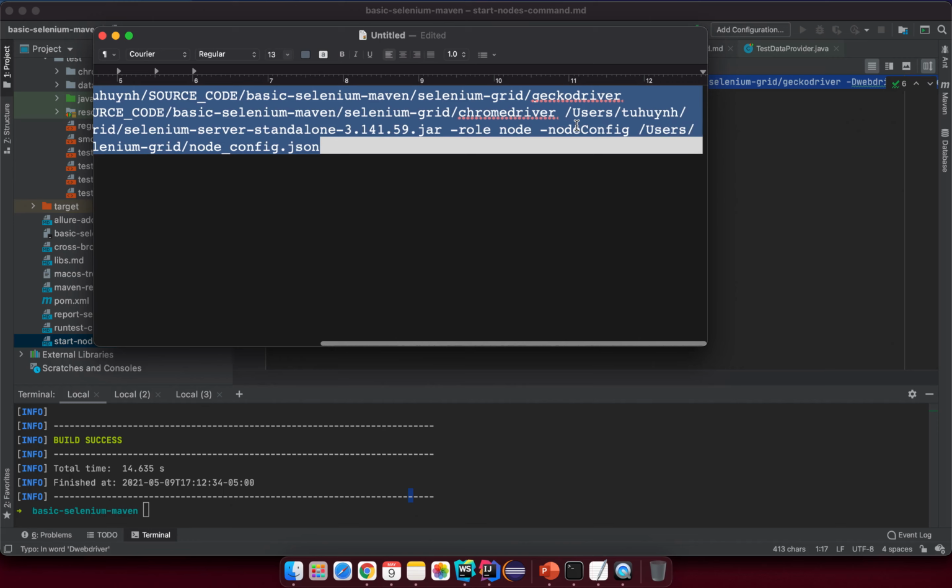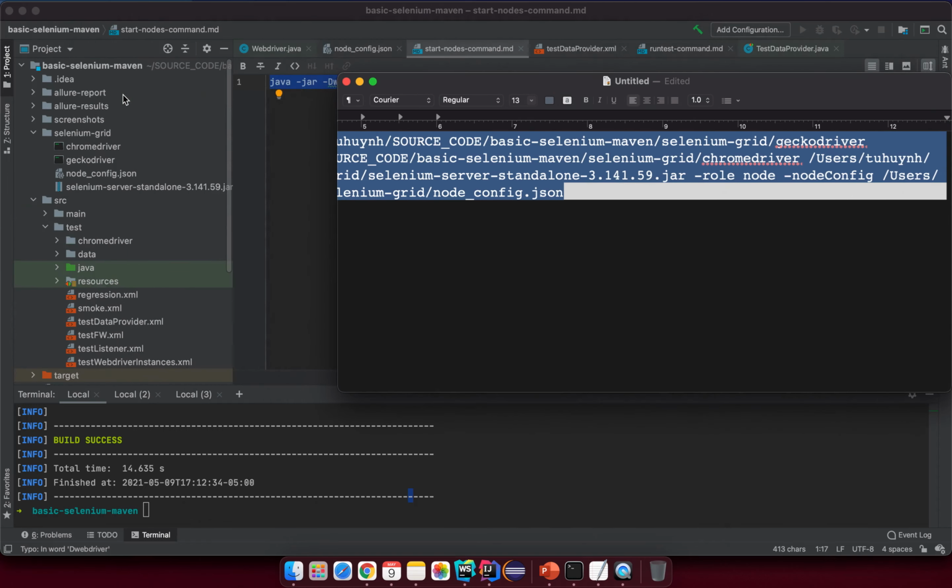Finally, we specify the location for the Selenium server standalone jar file that we have just downloaded. This is the location. And then -role node, and then -nodeConfig. You see, nodeConfig here. We specify the location of the node config here. Everything I keep in this folder, Selenium Grid, so I can put it here. If I copy this one,